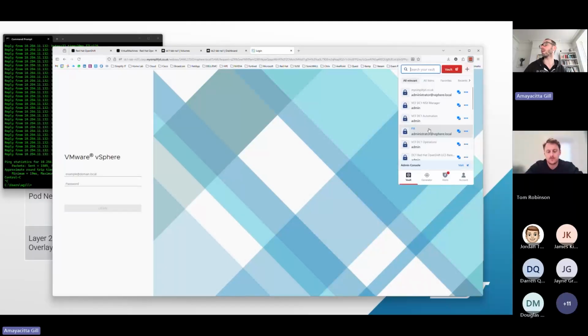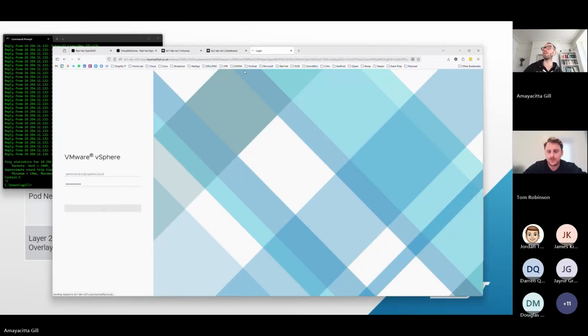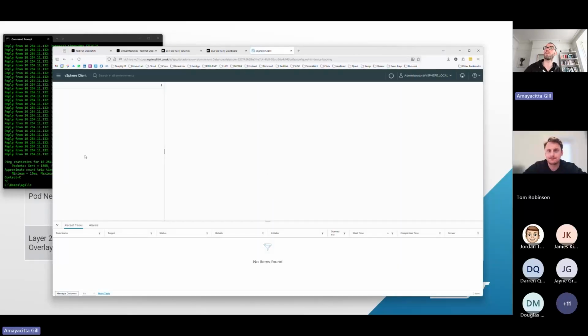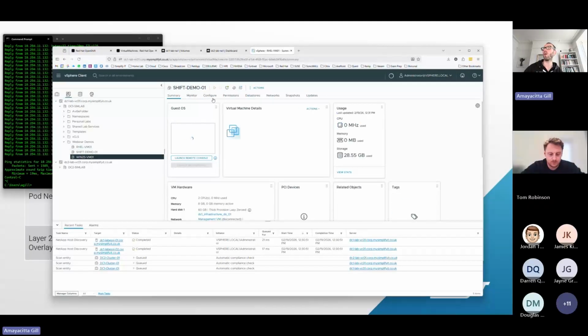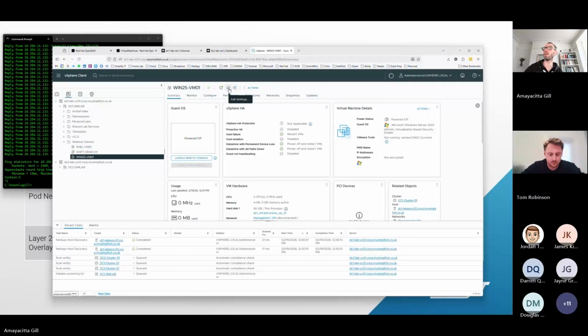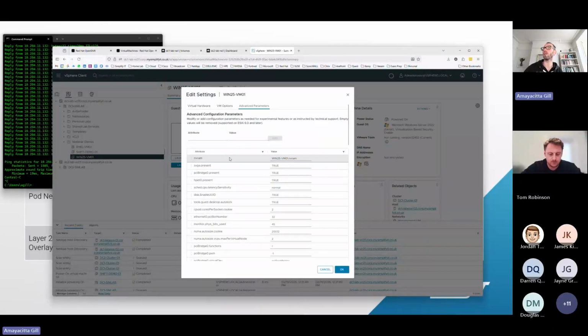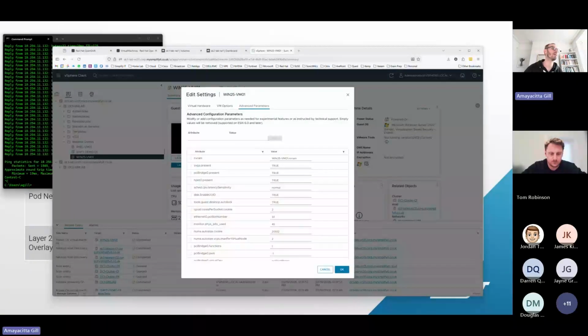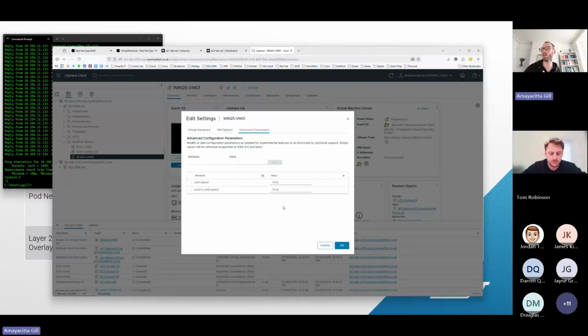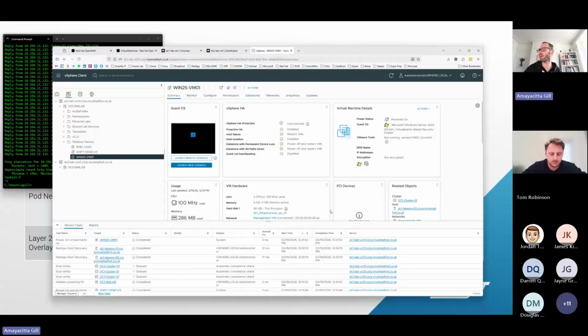Should I quickly log in there? Changing that. I'll show you why it doesn't think it's on. Because it's off, you have to have it on. Edit it under advanced parameters. I'm going to copy the thing. You have to enable these two flags. That's obviously for SCSI 0:0, you'd have to do it for the other disks as well if you had more. And then you turn it on, and you know it's on because it creates